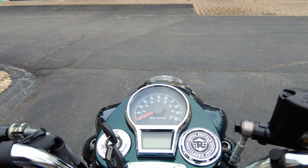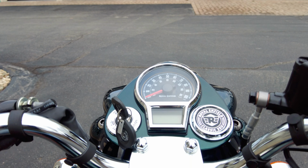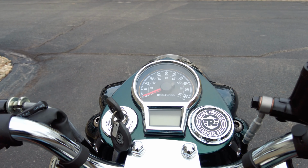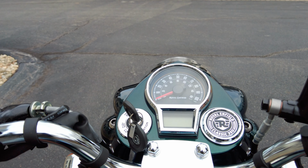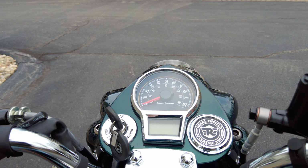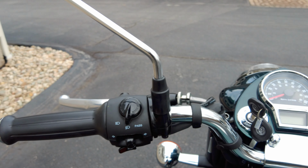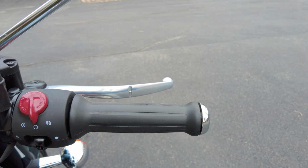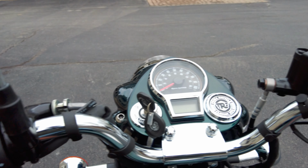whether you're a seasoned rider or just getting into riding, this is really a non-intimidating, great option where you can always get your feet down, whether you're maneuvering in a parking lot or at a stoplight, etc. So very confidence-inspiring. Looking at the controls, it is kind of normal motorcycle controls, but some of them are combined